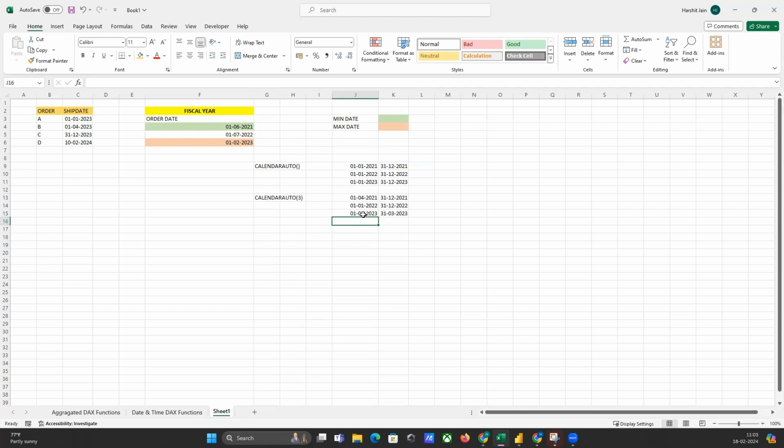So this is the difference between the calendar auto and calendar function, while passing the parameter as fiscal year and without passing the parameter as fiscal year over here. Great. Now let us understand this thing with the help of an example in Power BI. So let's go to Power BI